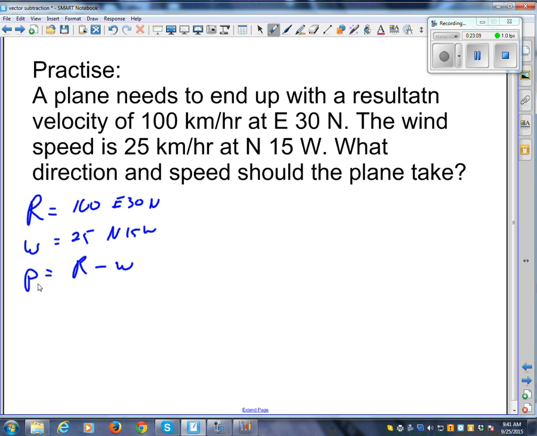Now you need to get out of your bed, please, so you can hear me. So it's going to be resultant minus wind. So it's going to be minus wind, so this becomes, I'll put it in red, 25, not north, but south, 15 east. So you're taking this vector and you're adding it to that one